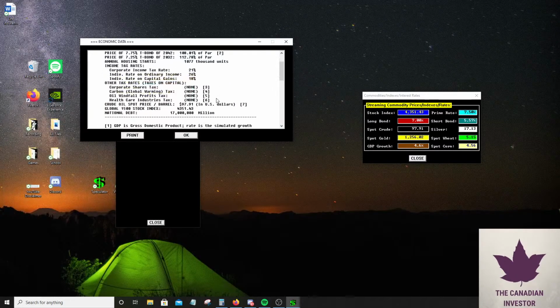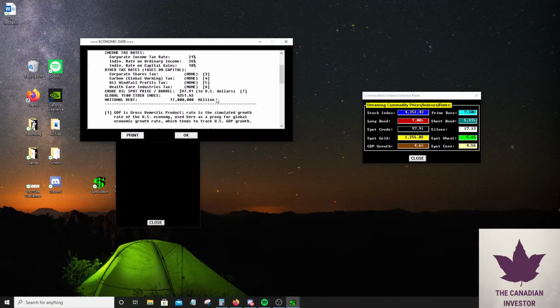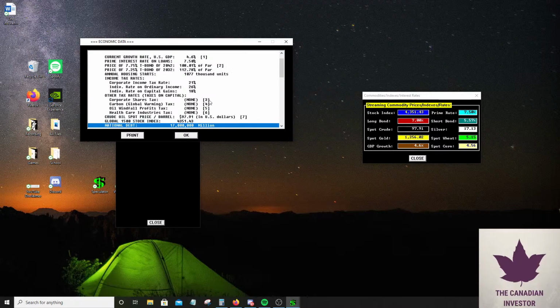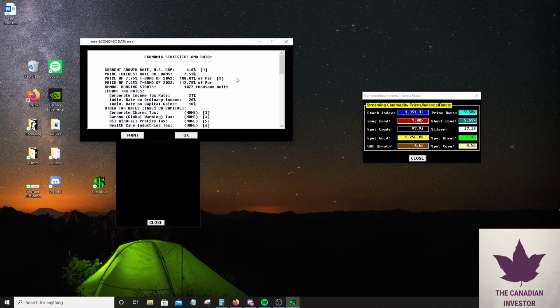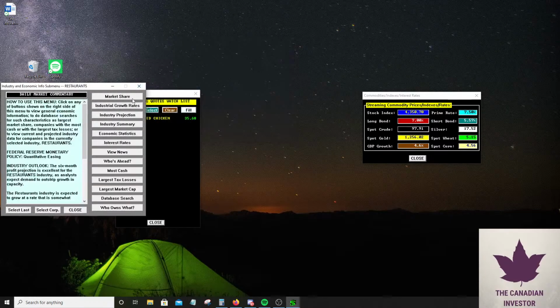So, economic statistics. Okay, so crude oil, I don't really see anything saying whether or not... I don't think housing starts is very important because it doesn't really tell you much. But housing starts is a leading indicator. If more and more people are building houses, typically the better the economy is doing. So I think over the next few months, we should see housing starts grow. I found that pretty interesting.